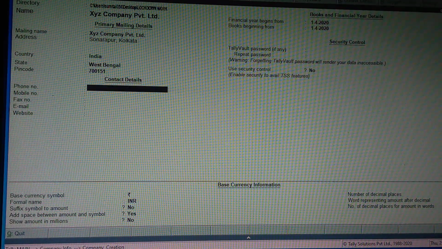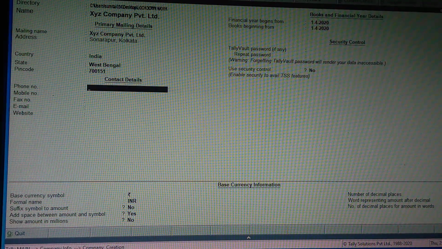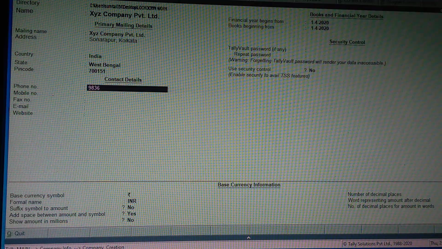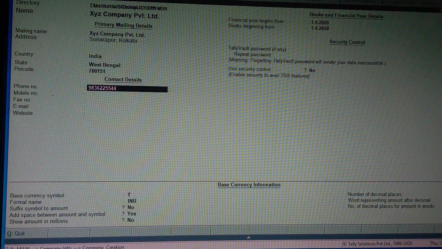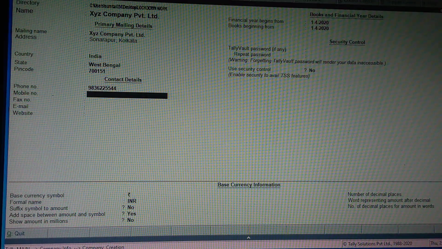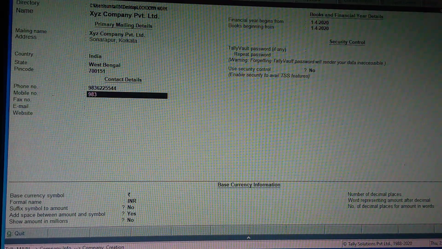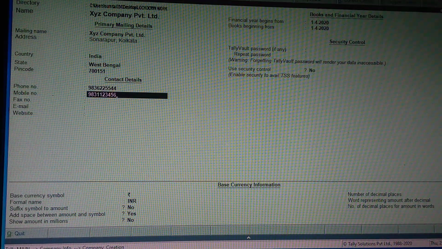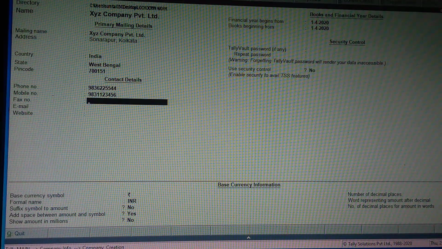Then the company's phone number. For your example, that is mobile number 9831 1 2 3 4 5 6. It may be different for your own number.